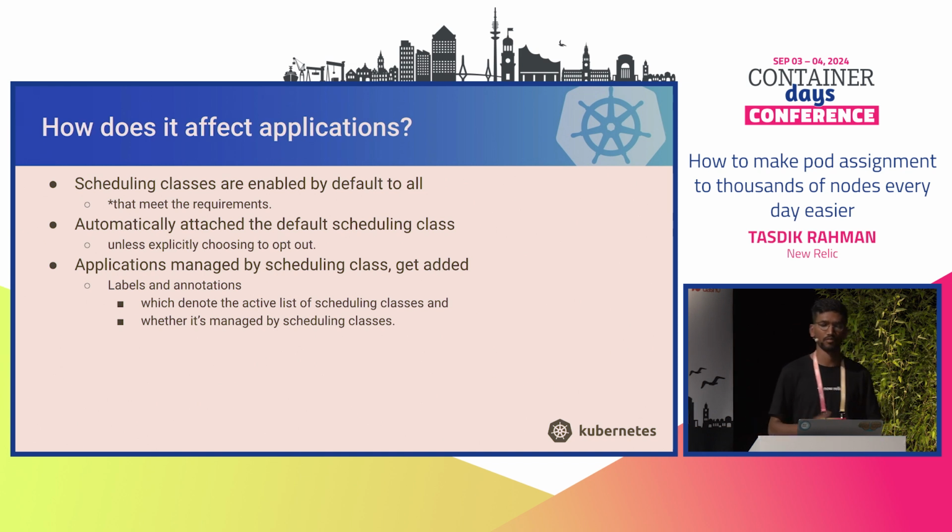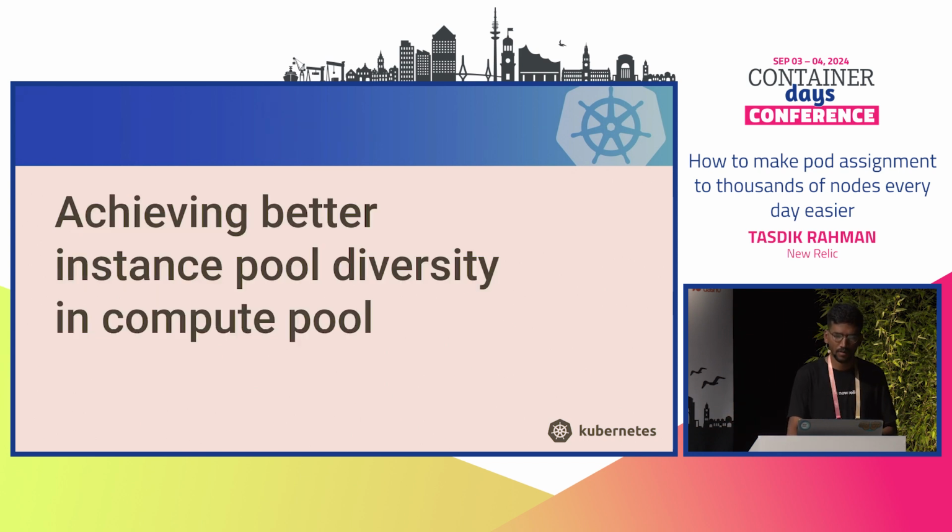A label to denote which are the active list of scheduling classes which are right now added to this application, and another one to just see if the application is managed by a scheduling class or not, right? Now, how does this help us achieve better instance pool diversity in compute pool? And rather, let's ask, why do we need better instance diversity? The reason you would end up wanting to have more instance diversity is to just help you serve your application